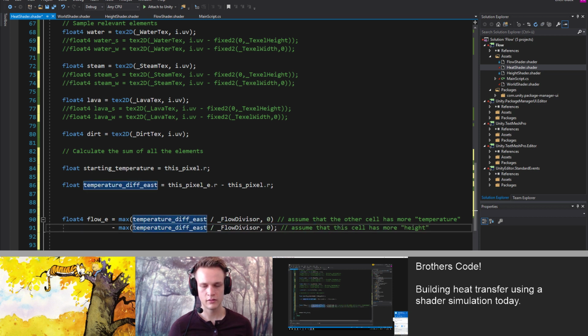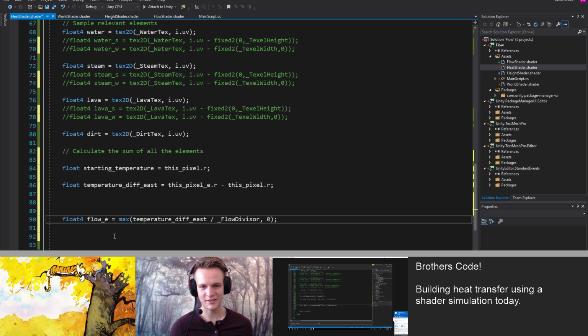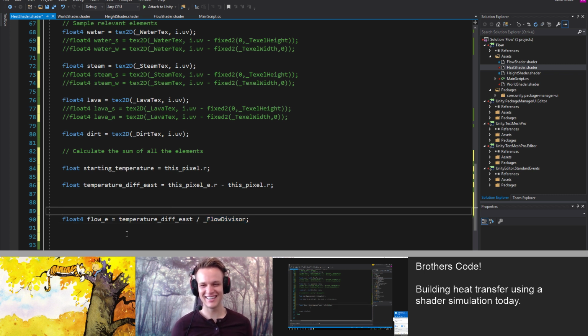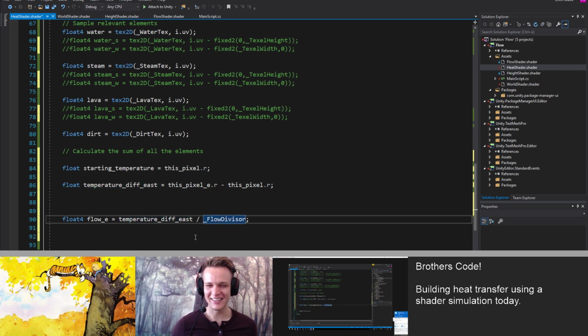So minus negative doesn't matter. All this simplifies into that. Don't you love deleting code? That's great. You have this big complicated expression, and then you're down to this divided by that, which is the temperature difference divided by the flow divisor.